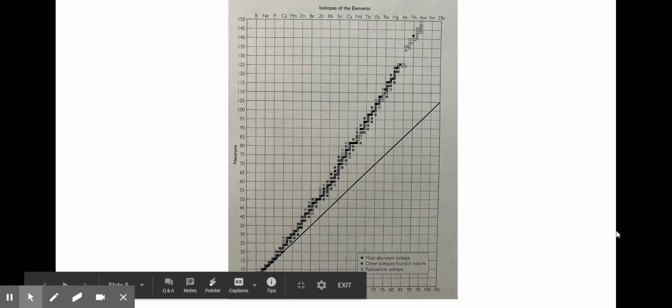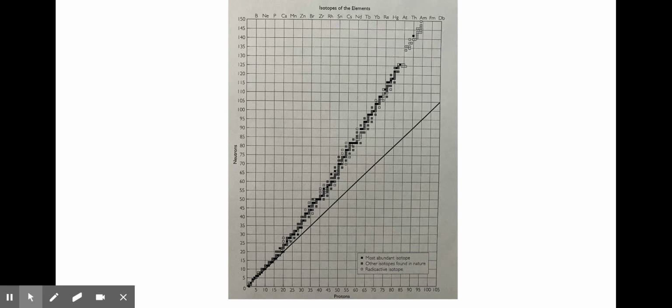Okay, so what you see here, this is the charts. It's a sample. You do have one that shows up as a document in your stream if you need to pick up one and zoom it in, or if you need to print it out, whatever you need to do. Along the x-axis or the bottom, you will see the number of protons. Okay, this is counted off by 5s. So to count, you know, I need to find atomic number 7. You're going to have to zoom in here. Okay. If you have the large paper chart, it's a little easier, okay? Easiest thing to do is use a ruler or a straight sheet of paper to help you mark this off,